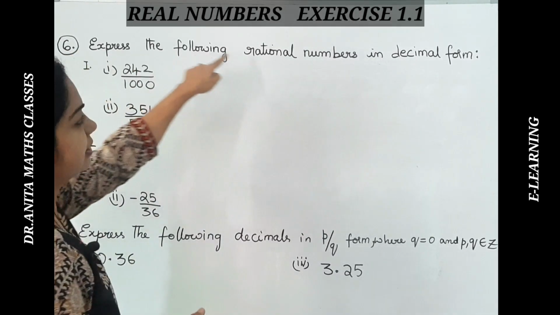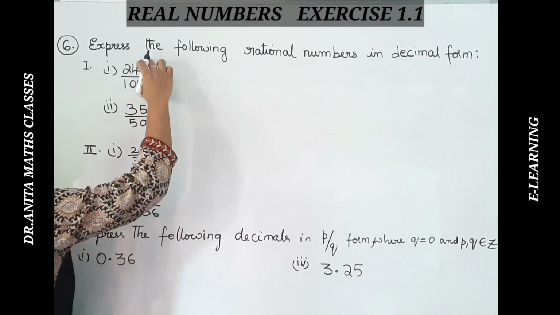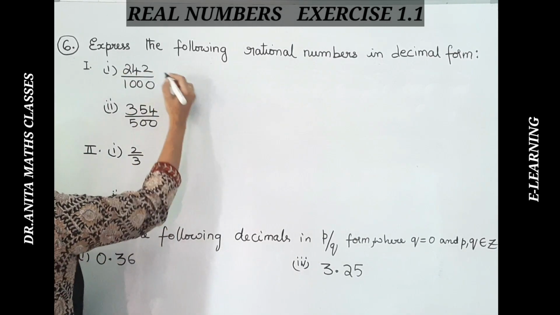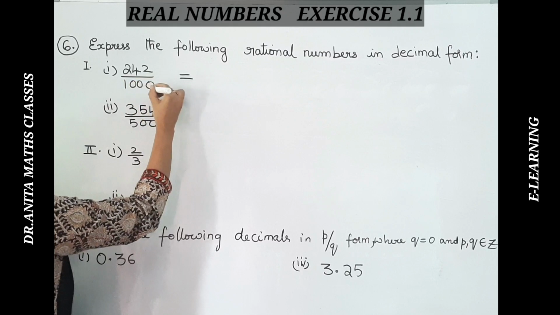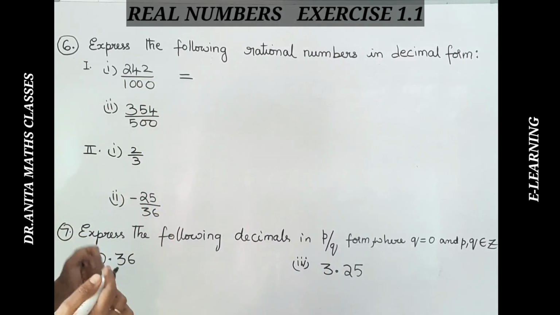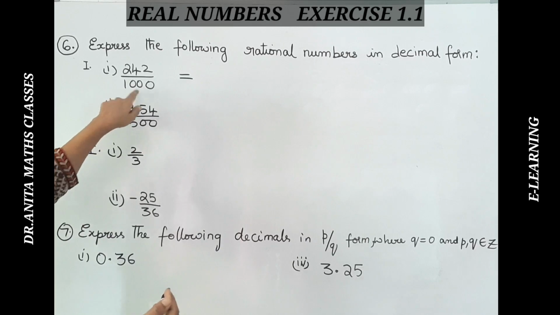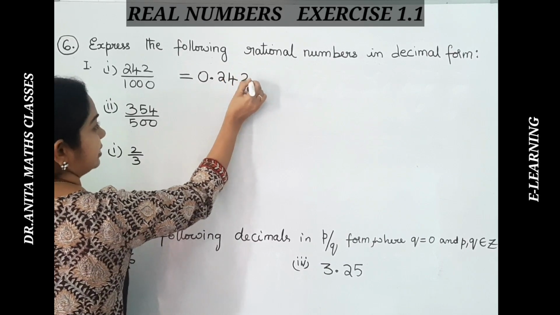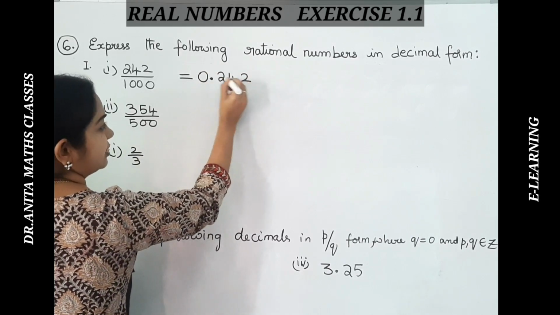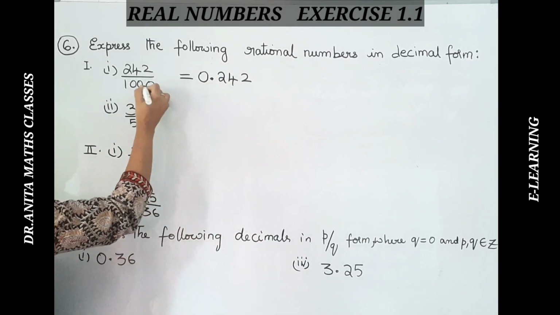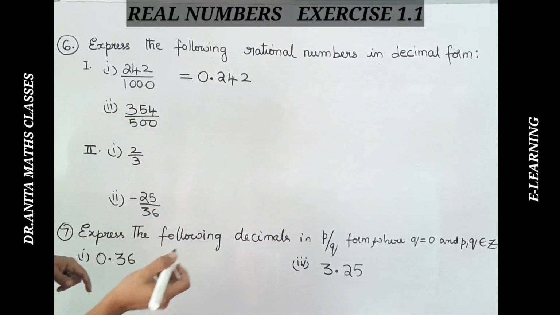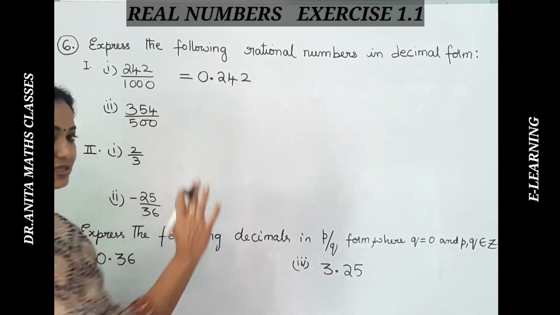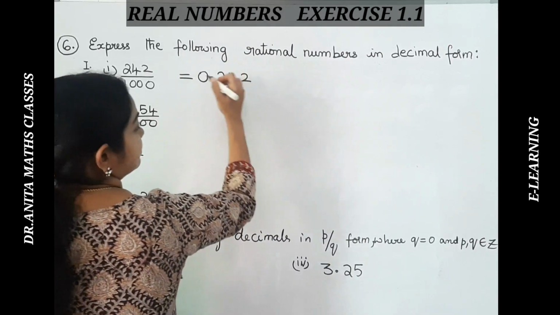Right, now let's see here, rational numbers in decimal form. We have to bring this p over q form, a rational number, into its point form, that is decimal form. This is very simple because it is having 1000 here. If the base is 10, 100, 1000 or multiples of 10, we can easily write it without any simplification. You simply place a decimal point after 3 digits from the left side because there are 3 zeros. If it is 2 zeros, divided by 100, you place a decimal point after 2 digits. That's simple. Okay. Now, this is in the decimal form.